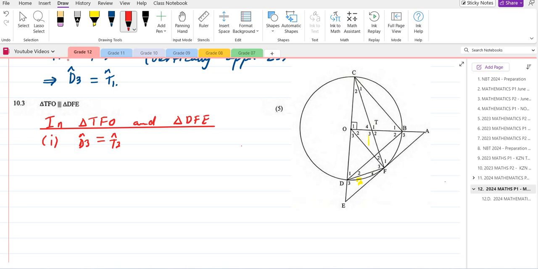DFE, right? Reason, you can just write exterior angles of cyclic quad TODF, right? That's one. Second information, what's the second one, guys? Let's work with angle F4. Angle F4 is equal to angle T2. Will that help us? Angle F4, tan chord theorem. Angle F4 is equal to angle C2. And angle C2,